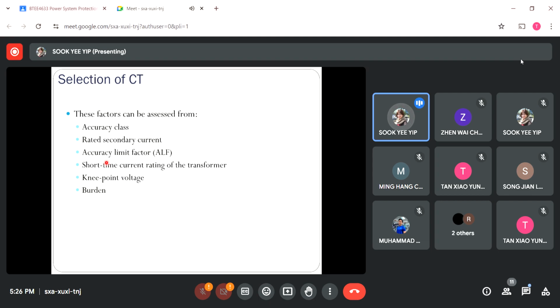So first one will be in terms of accuracy class. This is defined by IEC standard. Then another one will be the secondary rated current value, 1 amp or 5 amp. And the third one here we have accuracy limit factor, in short ALF. And next one here we have the short time current rating for this current transformer, how long it's able to withstand